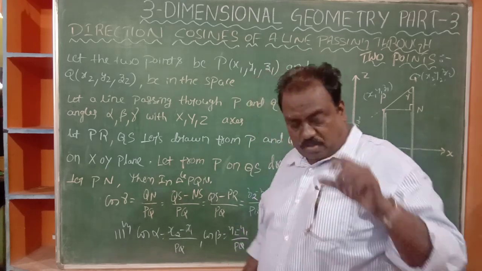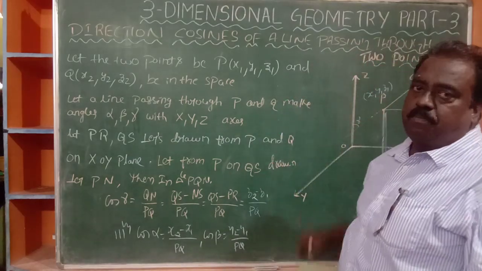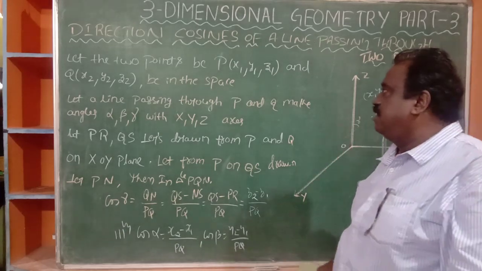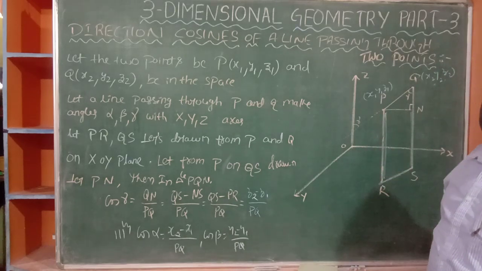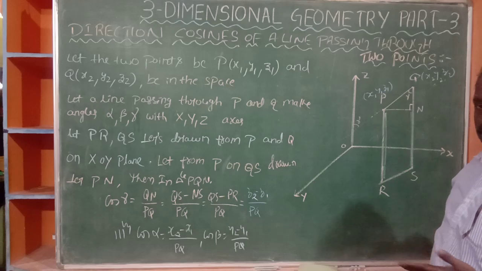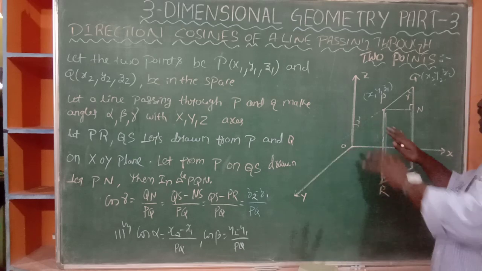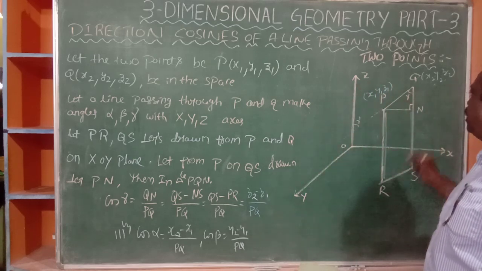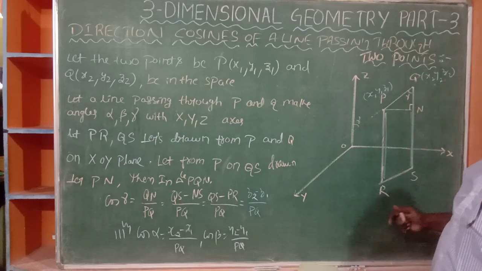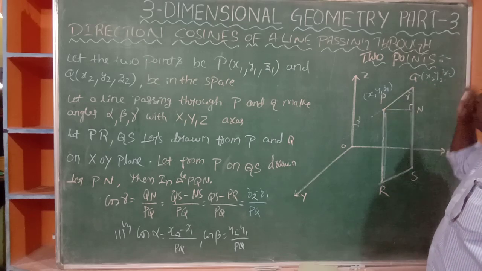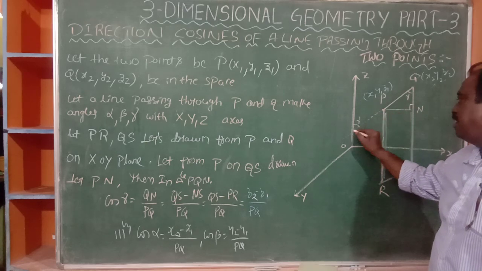Now, the question is, for such a type of line segment passing through two given points, what are the DCs we are asking? See, slowly try to understand. It is x-axis, y-axis. On the paper we have to explain, that is also there. The x-axis, y-axis is horizon, this is the space, just like our room. There are 2 points P and Q. One is x1, y1, z1, and another one is x2, y2, z2. We join P and Q. Okay now? Suppose you take just a dot like that.